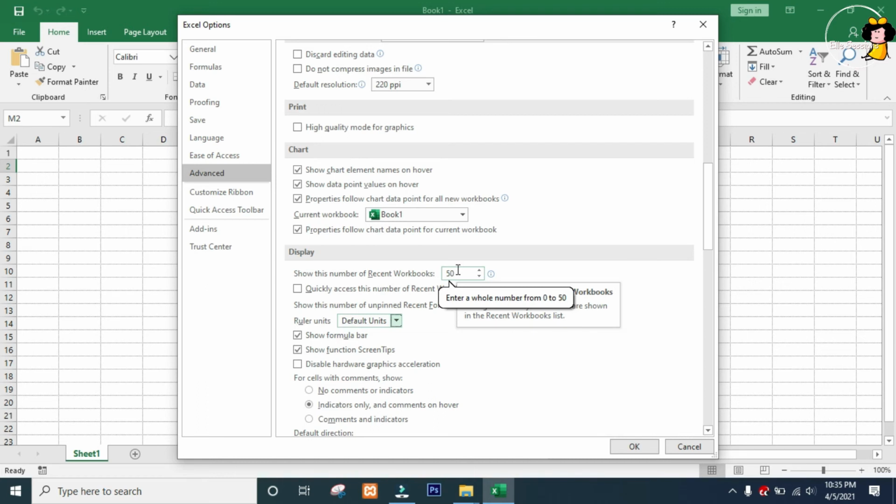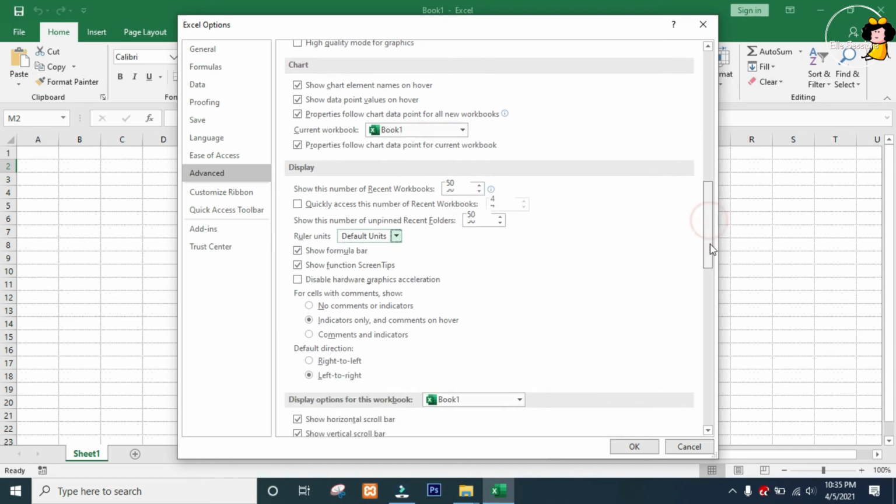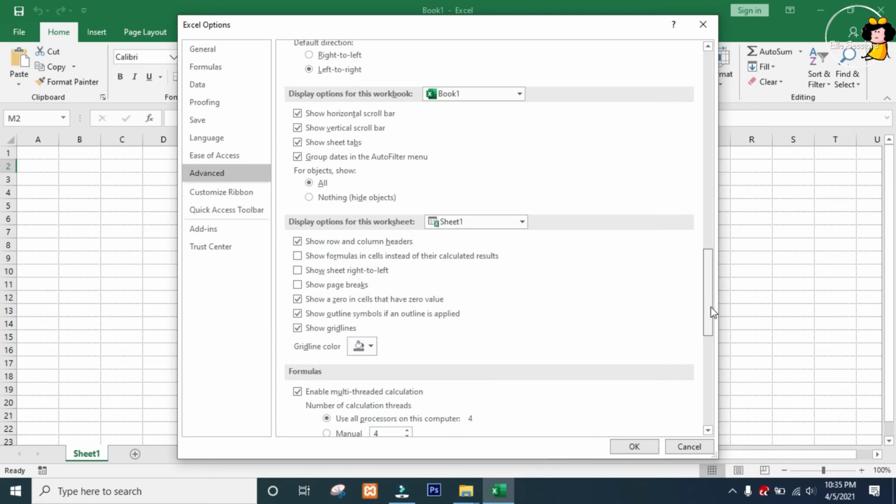These options are set for all workbooks, so every time you open Excel on this installation, it will use these options. But if you scroll down a little bit, you will notice there are options you can set for just a current workbook or even just a current worksheet. So if, for example, I wanted to change my green line color from gray to blue, if I now click OK,